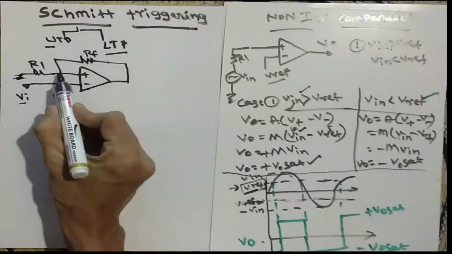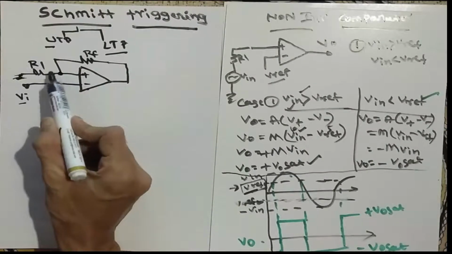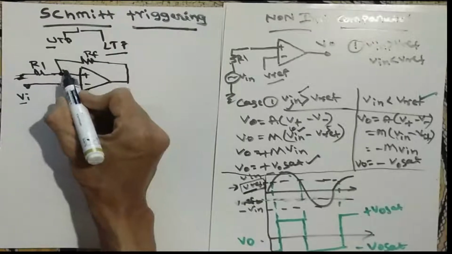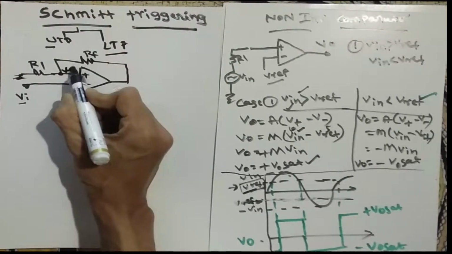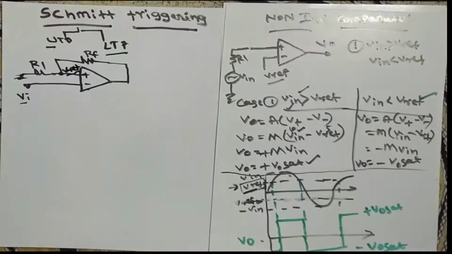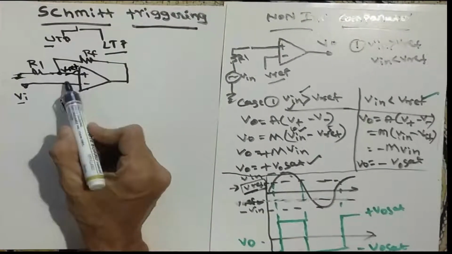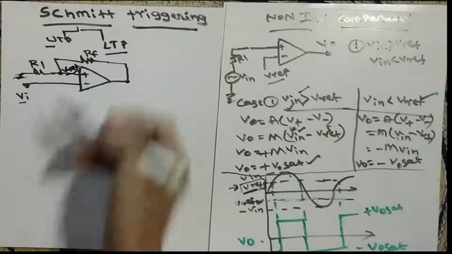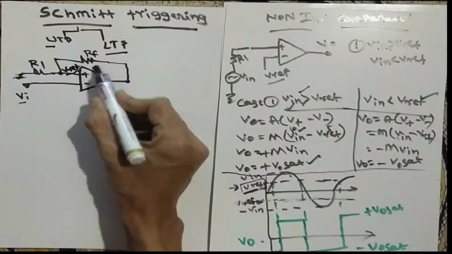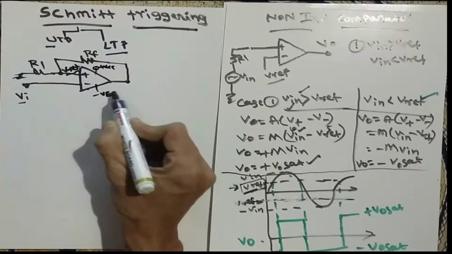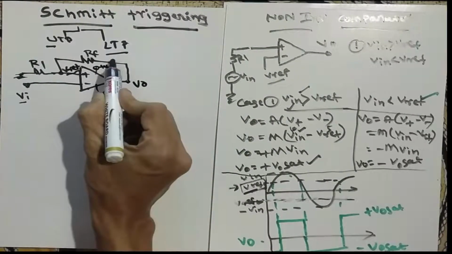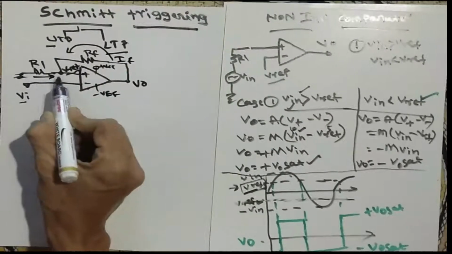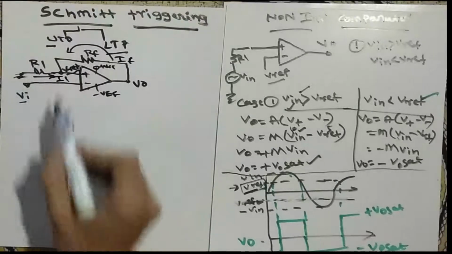Whatever the point we get in the middle of R1 and RF, we can call this voltage any name. Sometimes we call it VR1 or VR2, or sometimes V reference. I am taking this name as V reference. This value will decide what type of signal we get. When we design this, we have plus VCC, minus VEE, and this is V0. Whatever current is here we can call IF, and whatever current is here we call I1. Next we can discuss what Vref is.